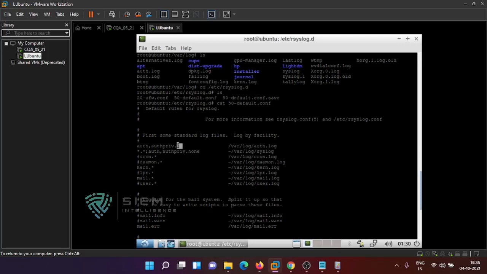Dot star means the star includes all the levels: error, warn, info, debug, all. Where will it store? It will store in /var/log/auth.log. And *.*;auth,authpriv.none, where none means no log, sends it through your /var/log/syslog.